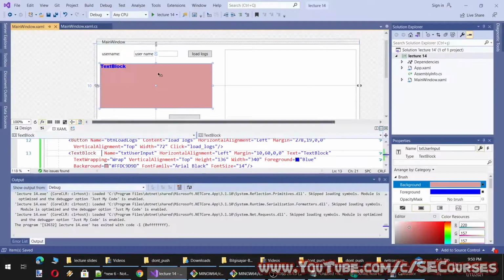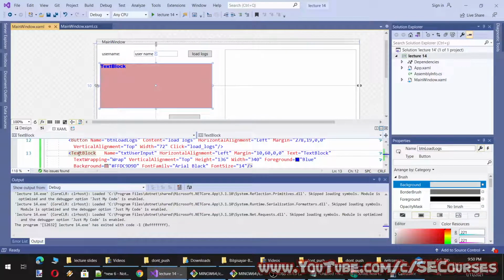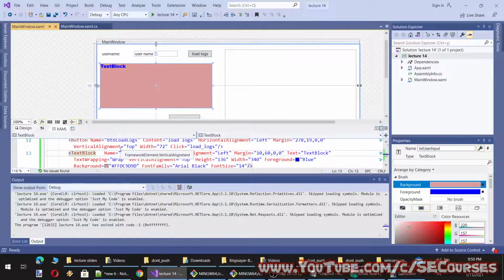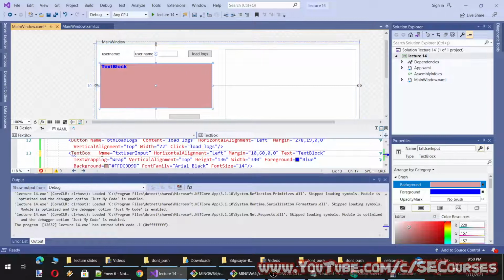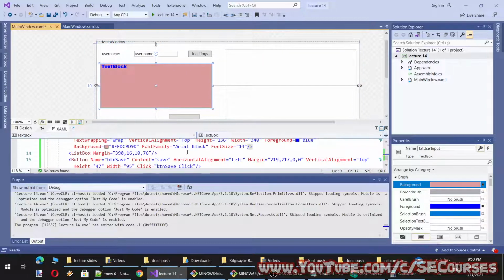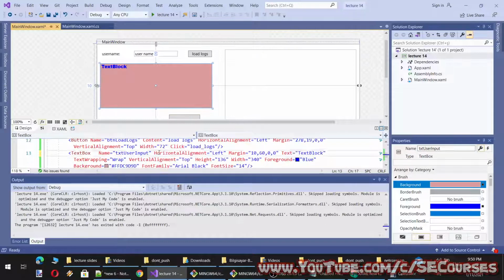Okay, we don't need that. So let's change this to text box for now. So the text block is used to display text rather than editing it. But you get the idea of text box, text block. Okay, now it should work.